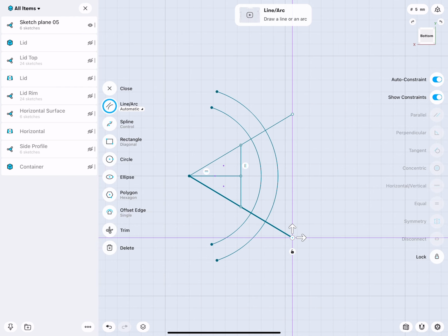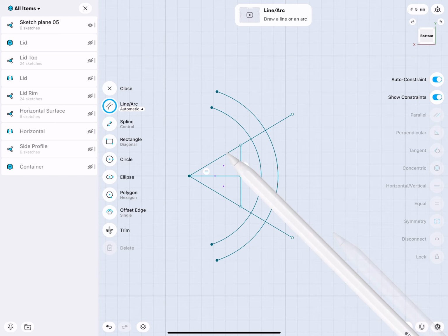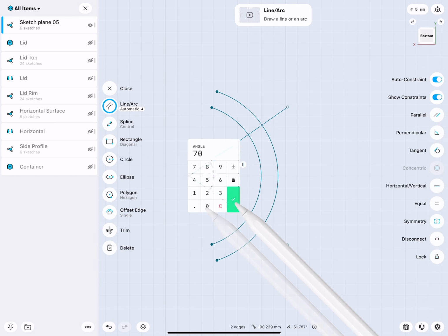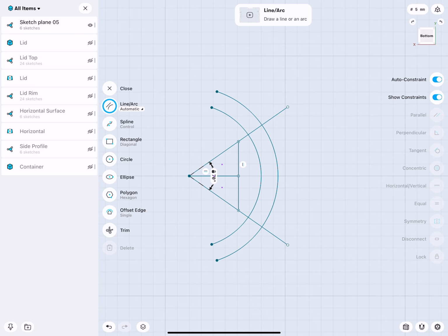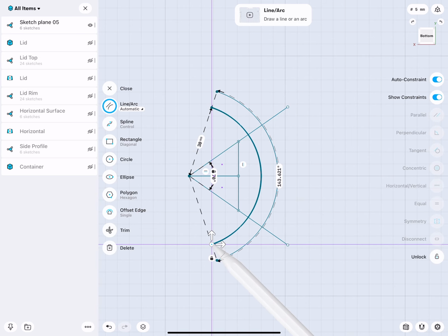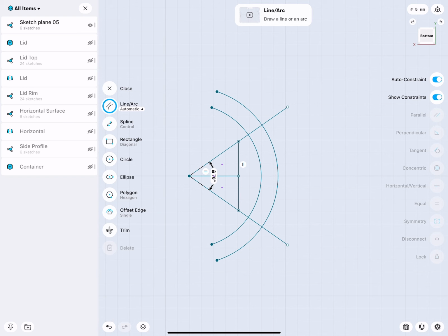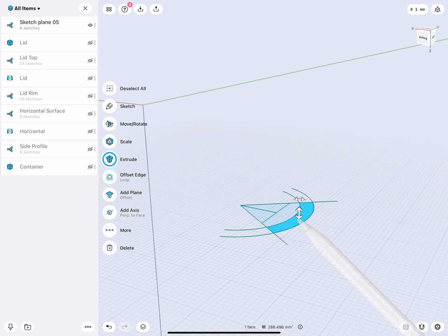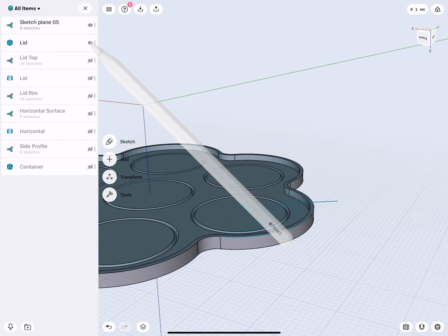And look at that, how the other line actually goes with it. How beautiful. Now we could specify this as a distance, or we could give this a radius, 70 degrees. And you see the distance from here to there, or the distance from here to there is always the same. Perfect. So 3D view, one finger. We have actually our element.